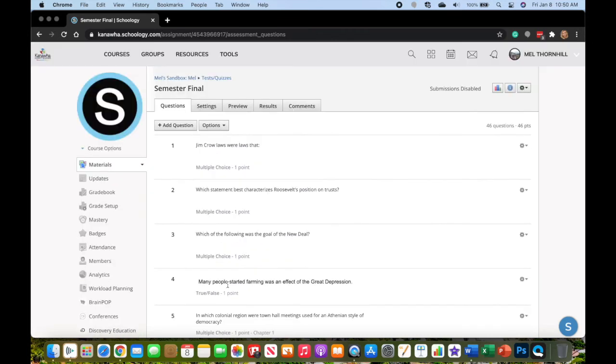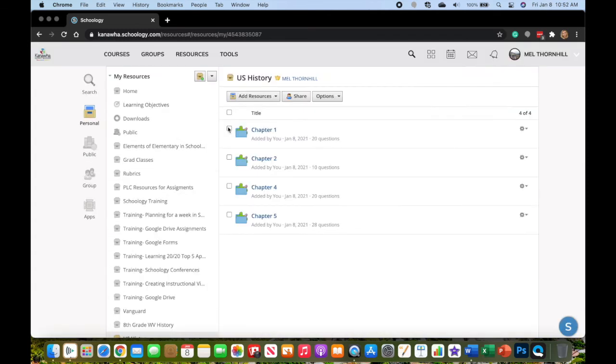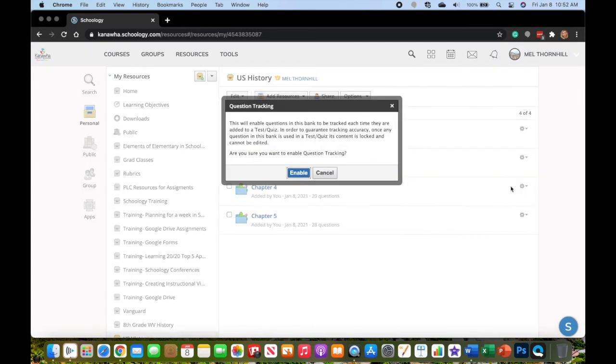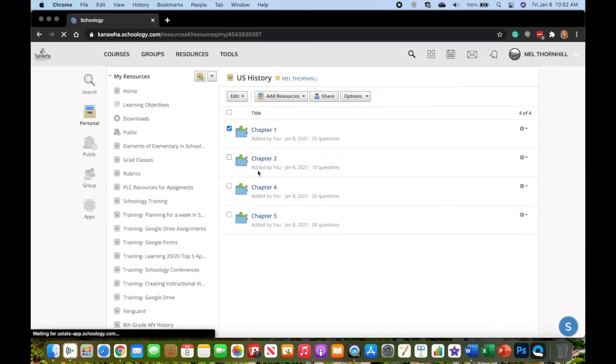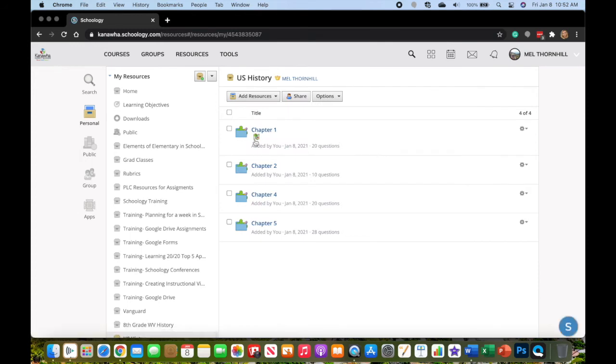quiz. Something that you can do with this that you might be interested in is I can come in here and put a check mark in the box, and I can come over here to the gray gear and do enable question tracking. So what it's going to do is track the questions, and make sure that it doesn't always pull the same 5 questions when I do this. So I'm going to enable that, and you can see now there's that little icon here telling me what it's doing. And then if I decide that this is not something I like, I can always come in here and